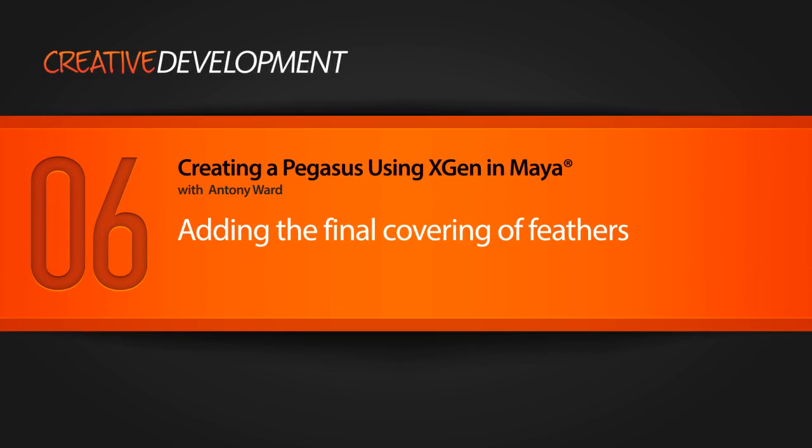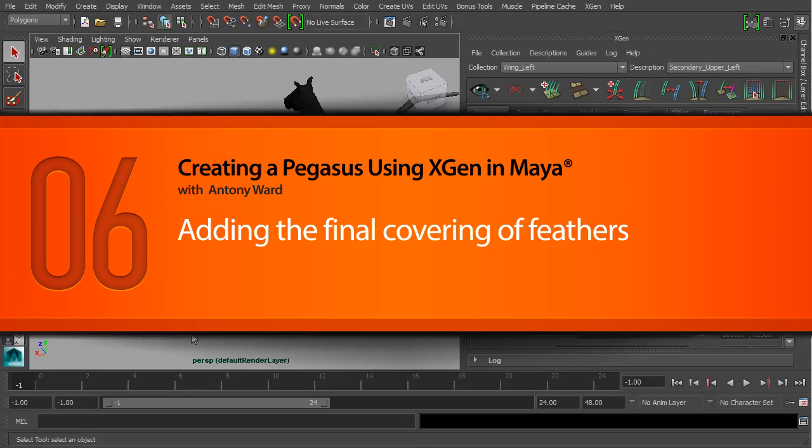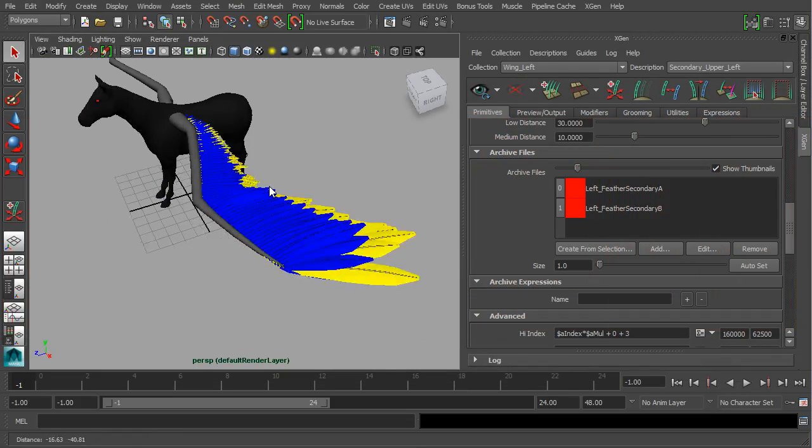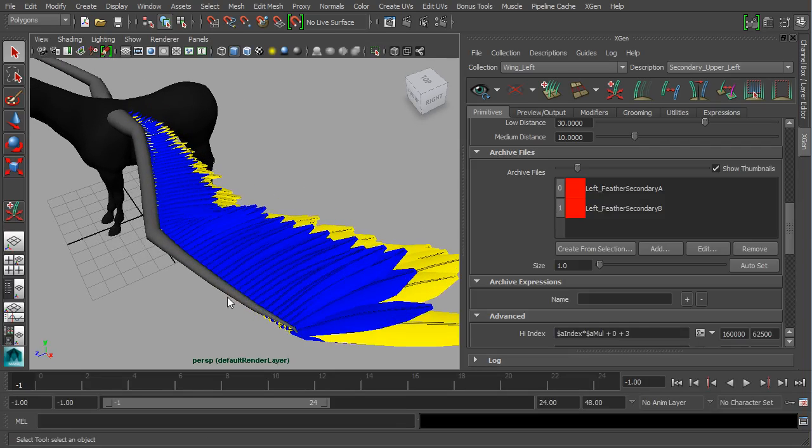So we're just carrying on from the previous lesson, but this time what we're going to do is look at the main covering for the wing, which is going to go up here. And we're going to approach this one slightly differently to the rest of the wing. So I'm going to select the model,